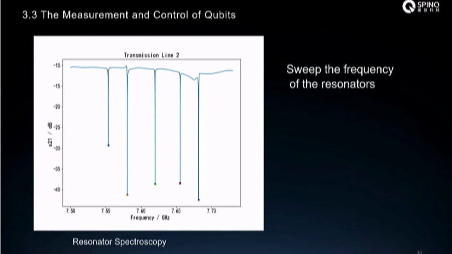Now we have the chip and the measurement control system. Let's think what can we do with them. First, we can sweep the frequency of the resonator. Like here, we can see 5 cavities. That means we have